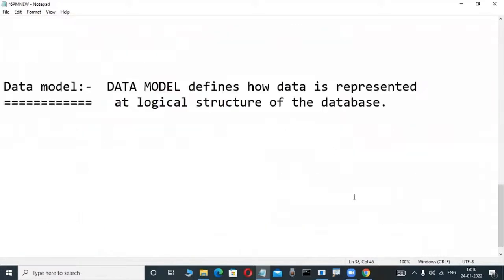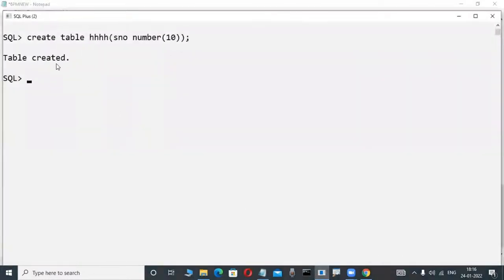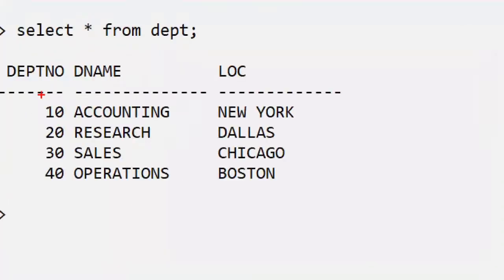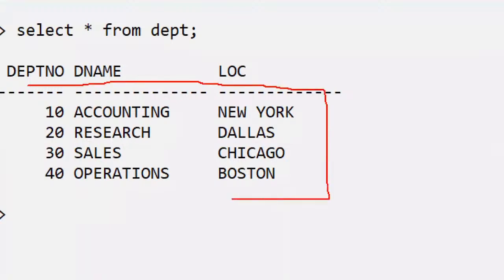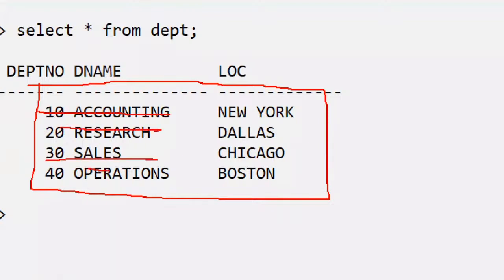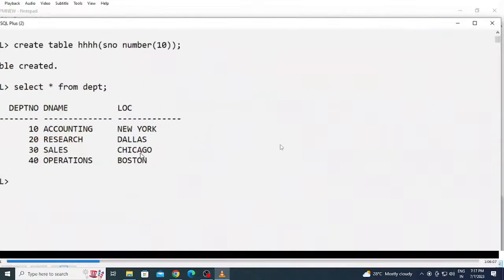Now in this database, how data is represented is specified in the format of records. Unfortunately, these collections of records are in matrix format only. That's why always observe here: whenever this is a logical structure, data is represented at the logical structure in a matrix format, rows and columns only. That's why this is a data model, how data is represented at a logical structure. But 1970 onwards,